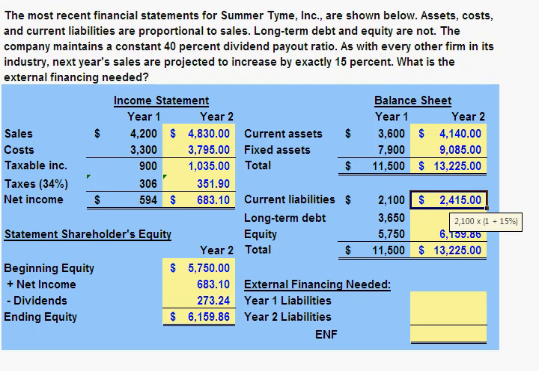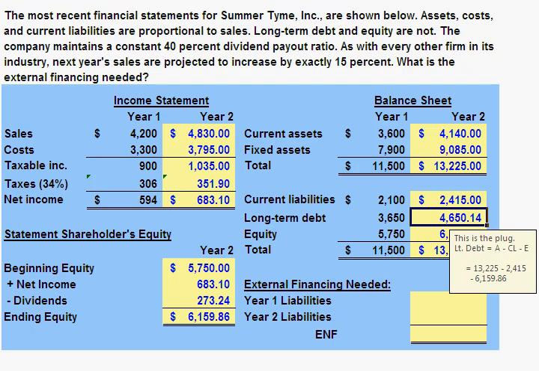We're told that current liabilities will also grow by the same 15% that sales have grown by. So we take year 1 current liabilities of $2,100 and multiply it by 1 plus 15%. Finally, the last thing to solve for on our balance sheet is long-term debt. This will be our plug. It's the difference between total assets of $13,225 minus our current liabilities of $2,415 minus ending equity of